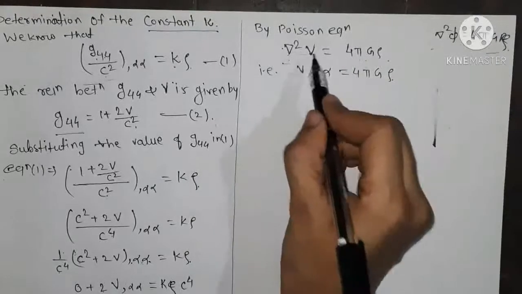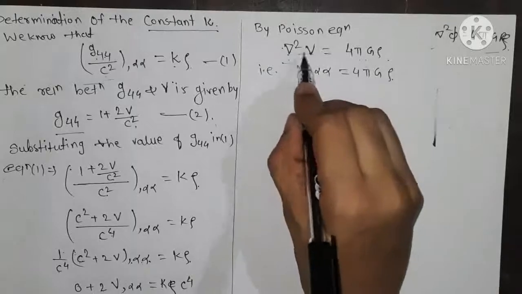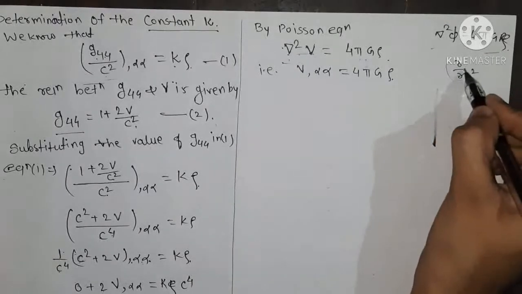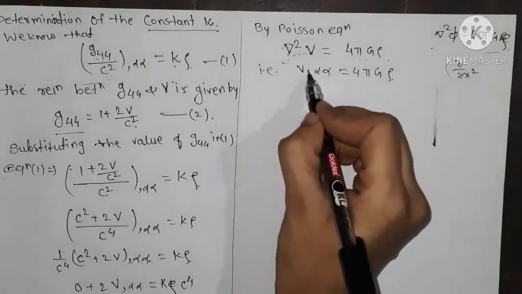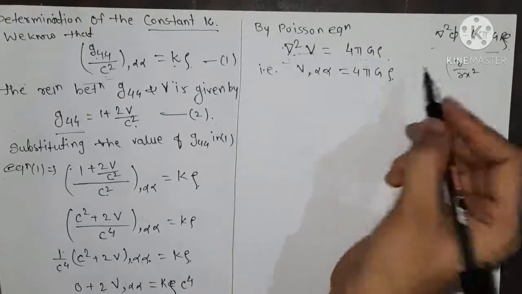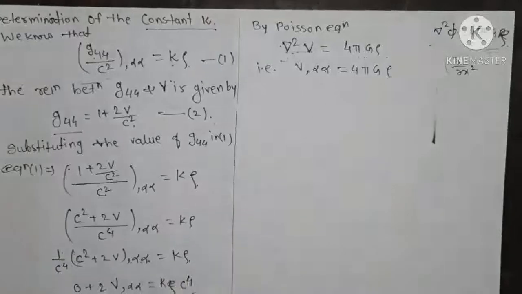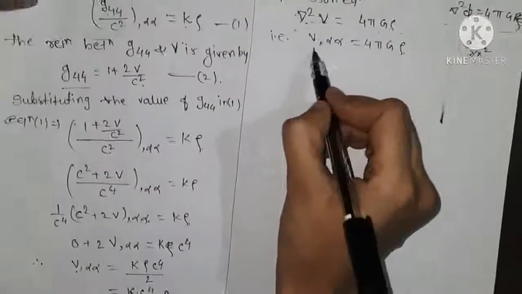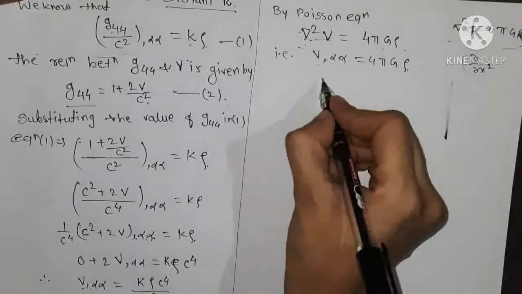Del square of V is nothing but the double derivative of V, so this is V comma alpha alpha, equal to 4 pi G rho, and substituting the value of V comma alpha alpha from here, we have